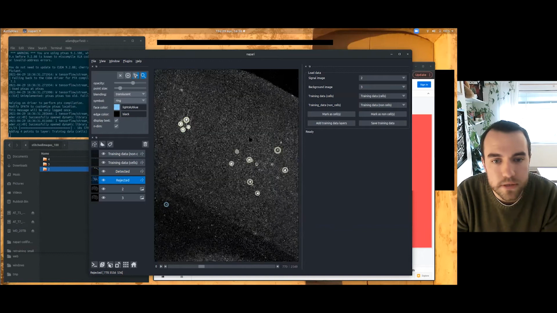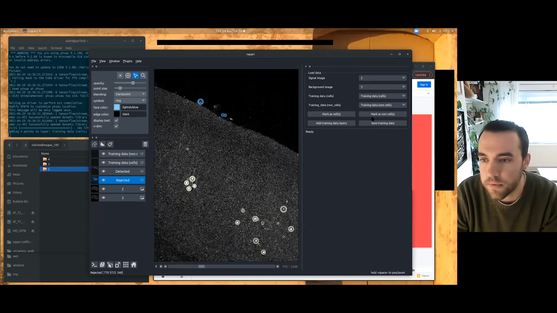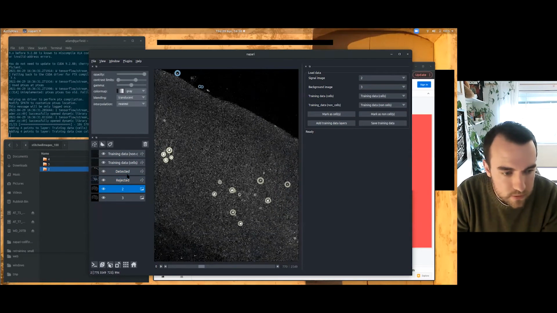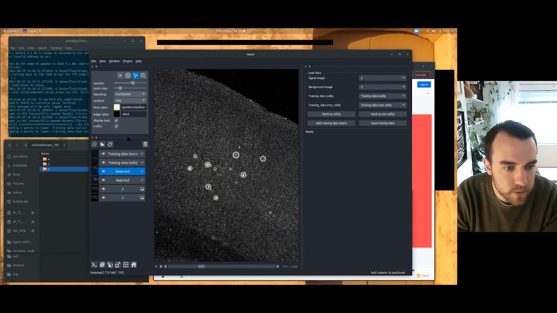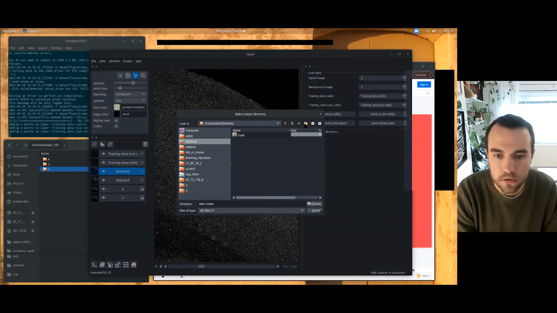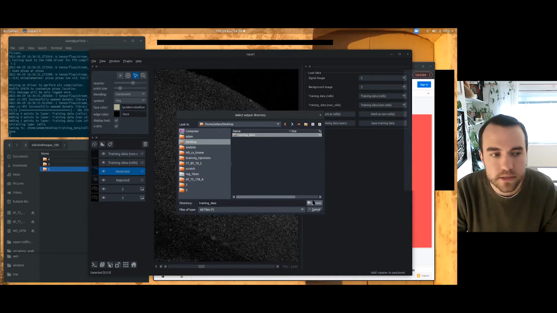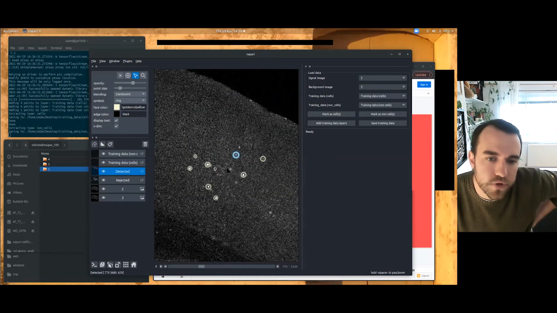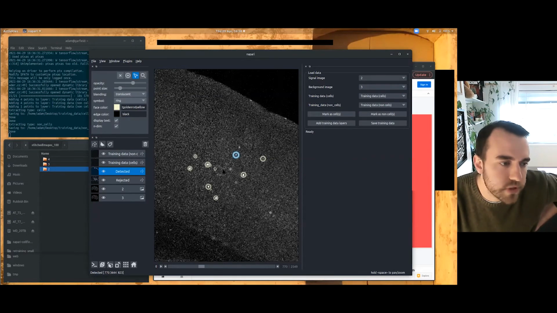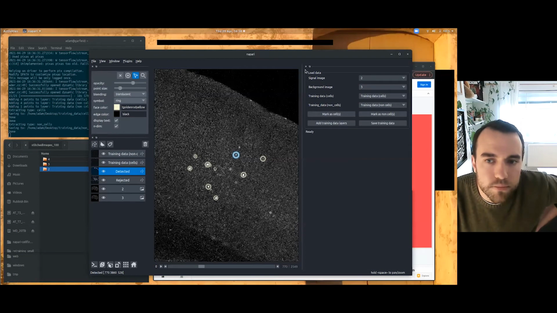I will confirm these things as not being cells because they're not even in the brain, and hopefully find a mistake somewhere. I think they're all fine, but I'll just say that this one is incorrect and it's not a cell. And then we save this training data somewhere, and then it will extract the cuboids of the data just from the main image. So you've got a reusable and portable set of training data, so you don't need to save all the raw data, and also a YAML file which points you to this.